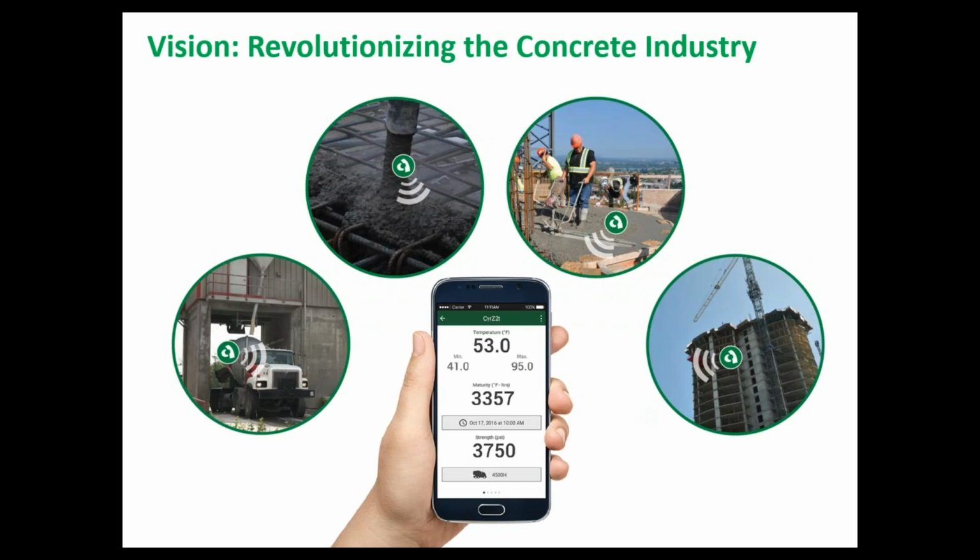Our vision is to be able to monitor concrete throughout its life cycle, all the way from the beginning when concrete gets mixed in the batching plant and is delivered and placed in the job site, and after that, while it's finished and cured and hardened, and all the way through its life cycle when concrete structures are in service, so that we can monitor concrete performance and behavior and properties and bring that data in real time in the hands of different stakeholders, so they can make more informed decisions on the state of concrete and the critical operations